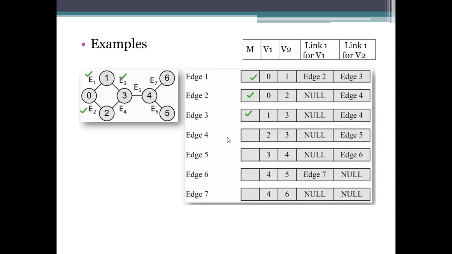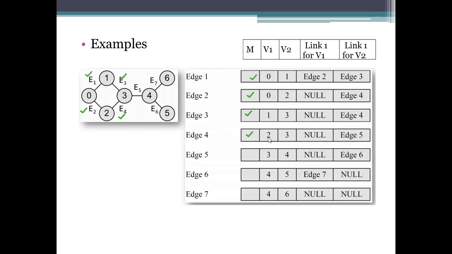Okay. And coming to the edge 4, mark this one. And coming to where it lies, 2 and 3. Write it as 2 and 3. What are the edges remaining here? 3 is having another edge. Vertex 3 is having 3 edges here. E3 has been read. E4 is being recorded, that is marking. We are marking this one. And there lies another one, which is the E5. Try to store that one.